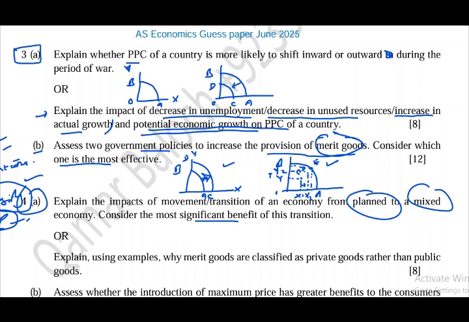So here you have to explain, if economies move to the mixed economic system, then what kind of benefits they can obtain. You will have to explain first of all what planned economy is, what private economy or free market economy is, and what mixed economy is, what are their basic features, and what is the meaning of movement or transition from one system to another system. Right, so if we move from planned to mixed economy, that would be transition from planned to mixed economy.